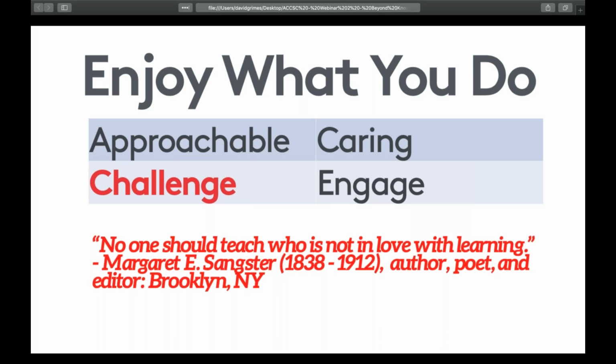You can do that in how you create assignments, how you create your lesson plans, how you offer encouragement, and how you push them to do better. So you're not just saying, you can't do it, give up. Or if someone is failing, you don't just let them go. You actually step in and say, you know what, you can do this. It's about being available and really pushing that student and making him or her believe that they can do it. You're challenging them, but you're not just yelping orders at them. You have this caring side about you as well.